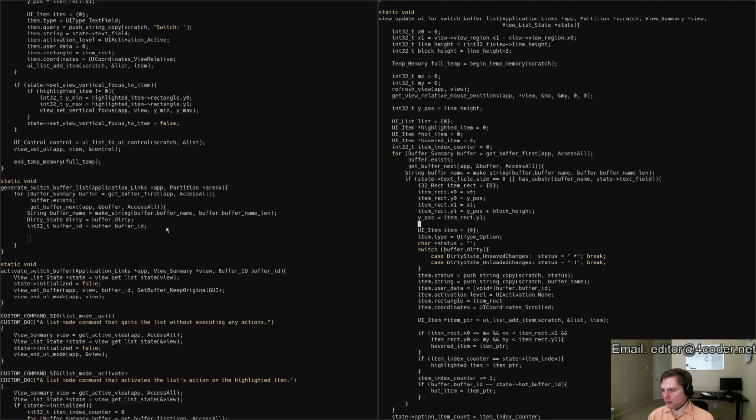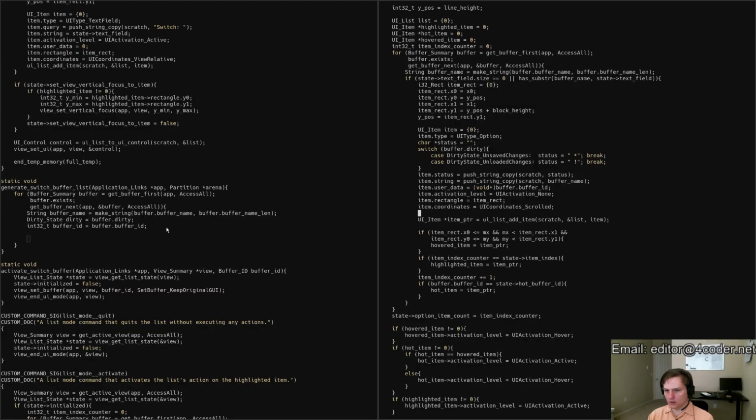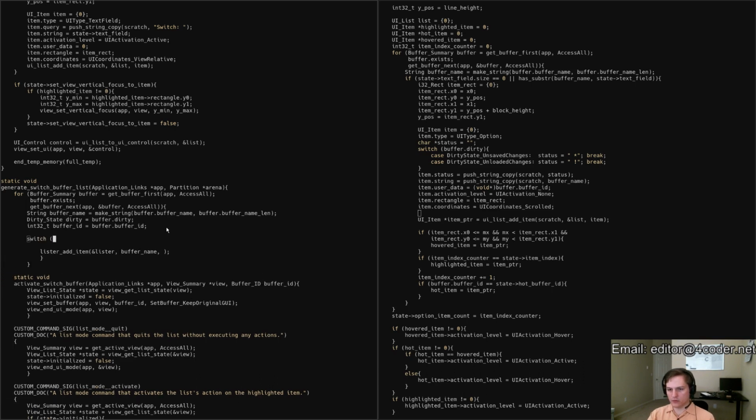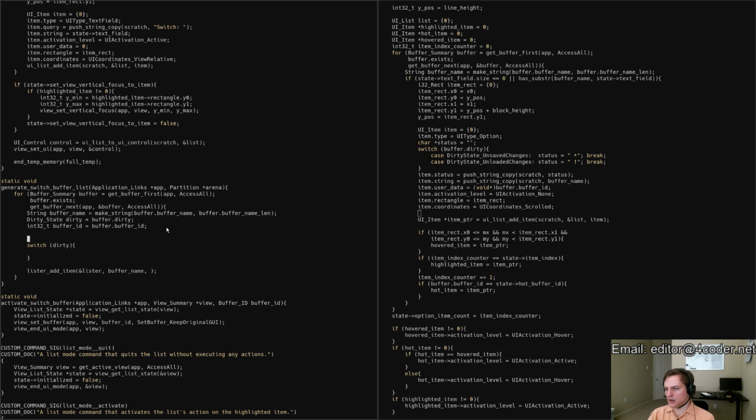Okay, and I need to... it's going to be something like lister add item, lister. We're going to provide buffer name. For the dirty flag, what we'll do is this, and we'll say